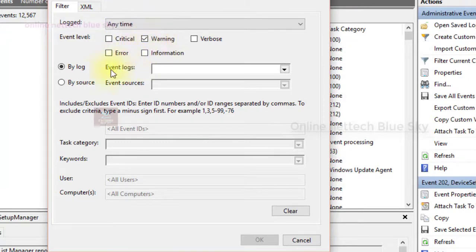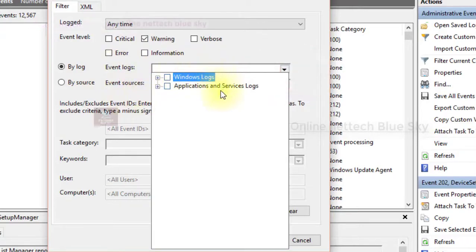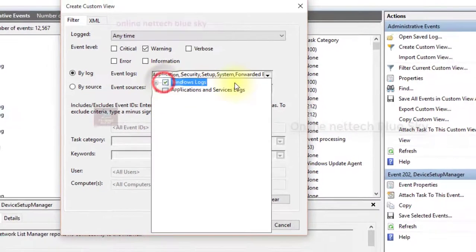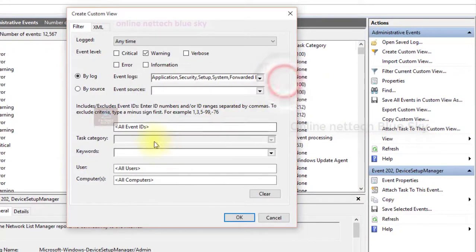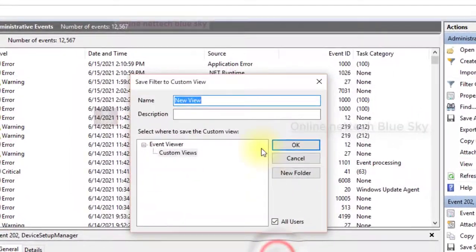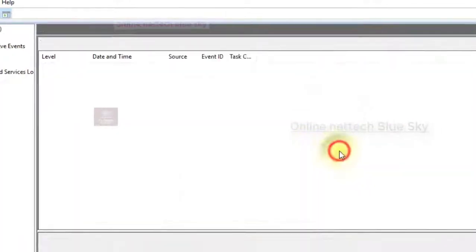And second is by log, event log. Windows means operating system log, and application and service log, so I want only Windows log. Then you can see category, task category, keywords, whatever you want, and I just click OK.